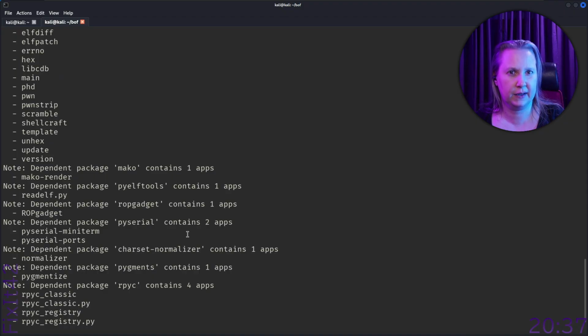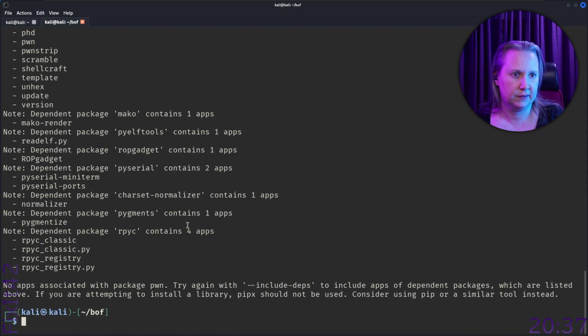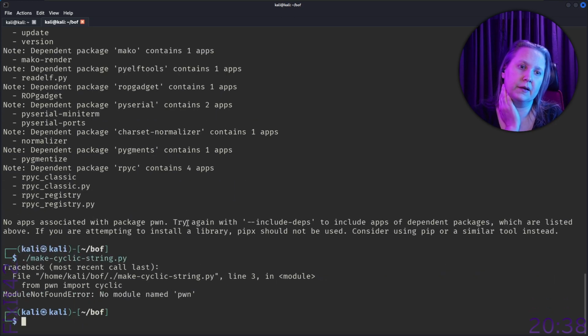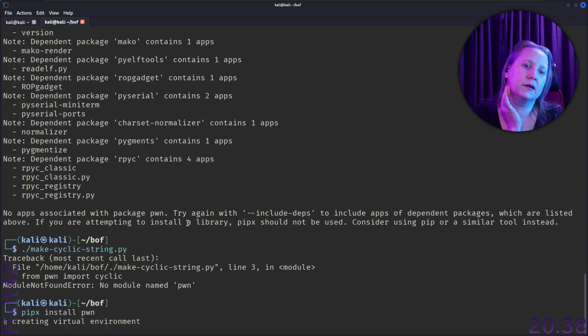Contains 23 apps. Notes. No apps associated. So still nothing. So I know that pip sometimes is funny and it works a second time, but